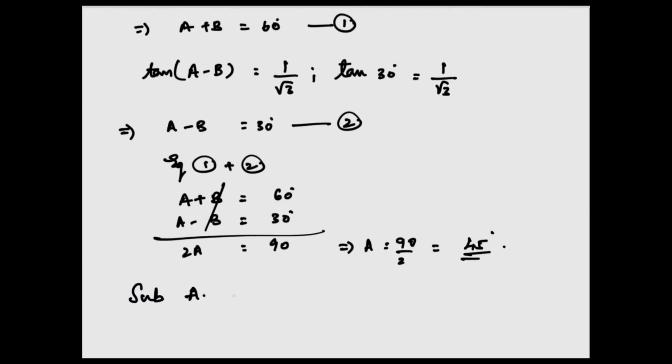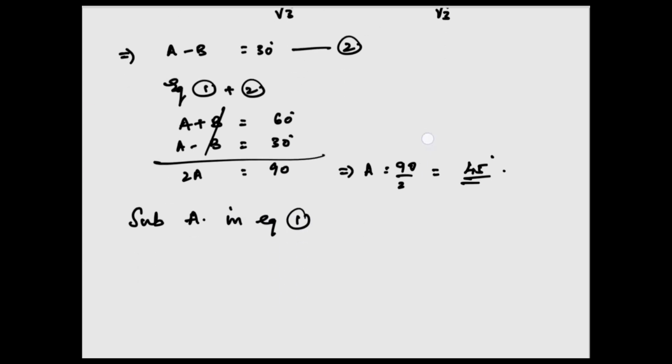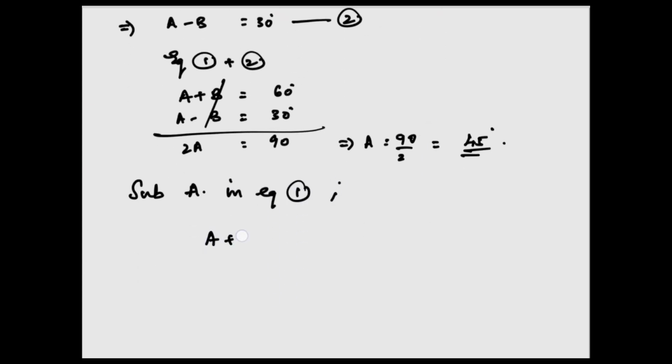A in equation 1, A + B is equal to 60, B is equal to 60 minus A, which is equal to 60 minus 45, which is equal to 15. Therefore,